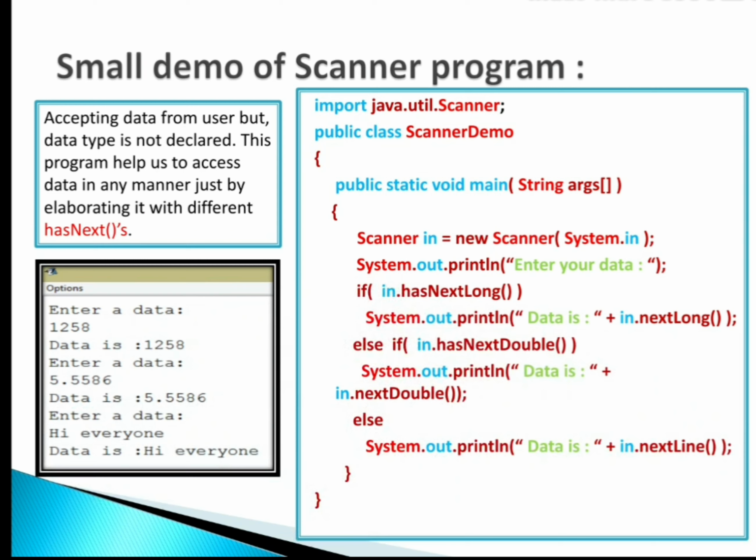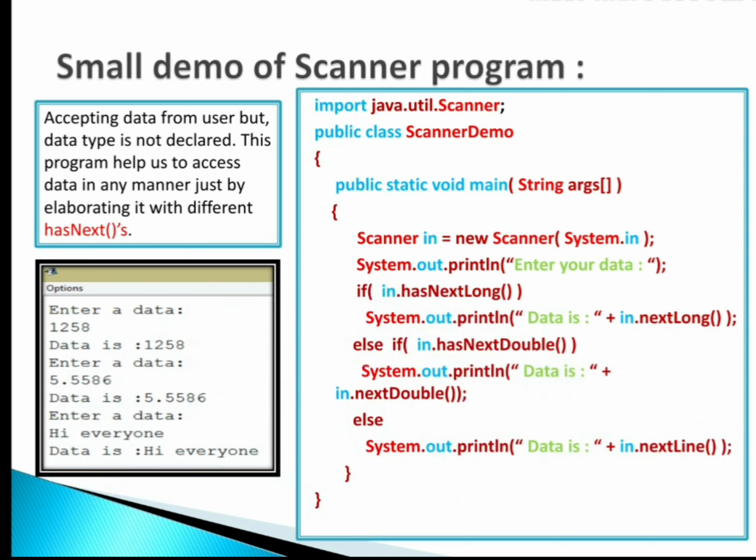See, in this program, I've written enter your data, any data. If it is in integer format without decimal, hasNextLong accepts it. If the user provides me a number which contains decimal, then hasNextDouble informs me whether it is double type data or not, and then I will accept it with n dot nextDouble.